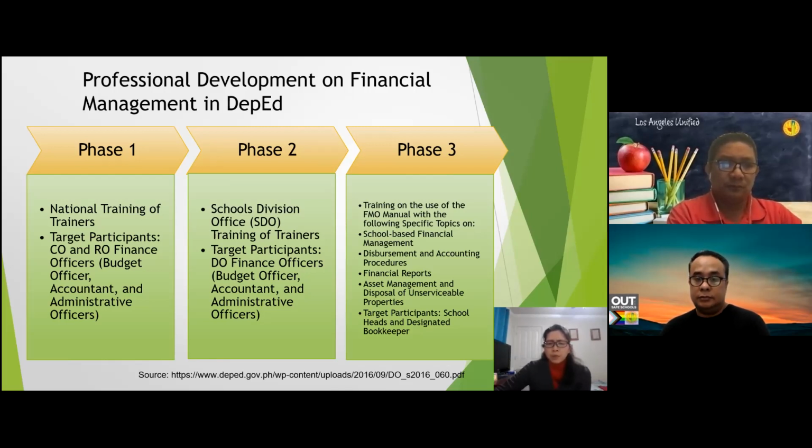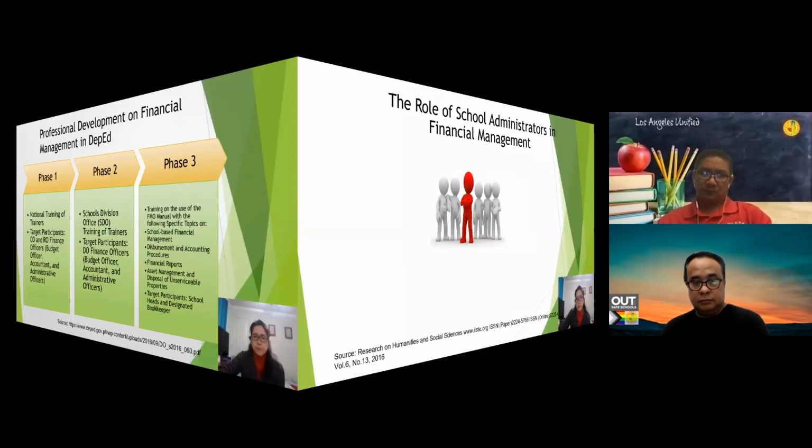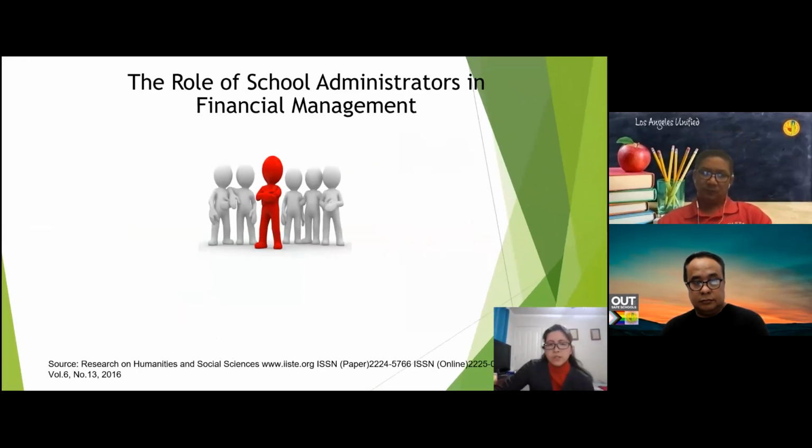And there are specific topics in the training like school-based financial management, disbursement and accounting procedures, financial reports, asset management, and disposal of unserviceable properties. So now as future administrators or financial managers, or maybe if we are current school administrators, what are our role in financial management? First,